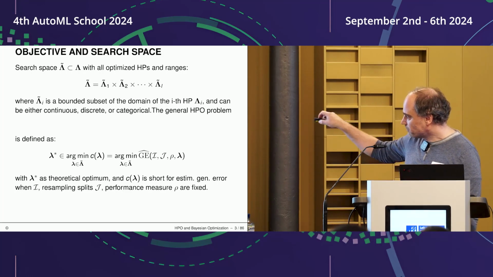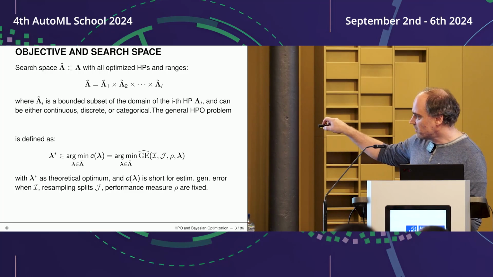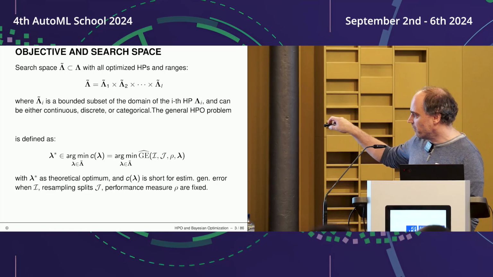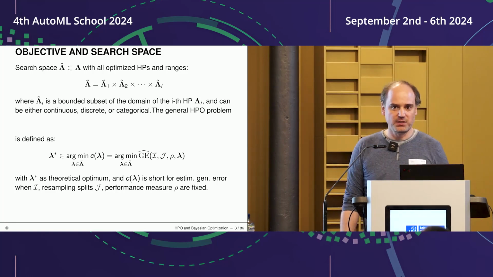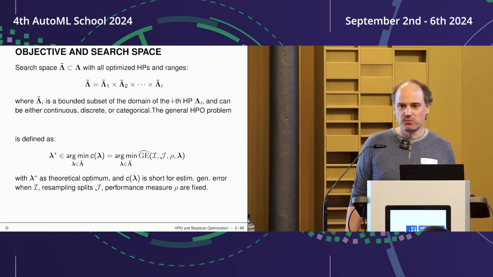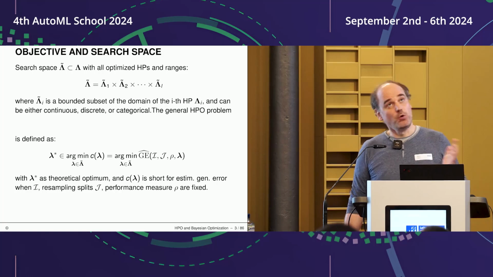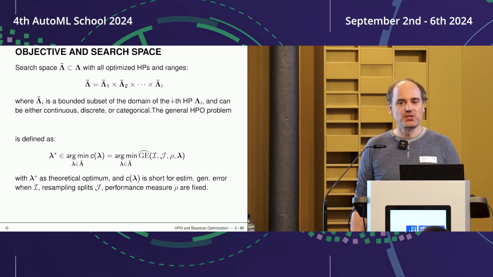Now the most important thing in order to optimize something is how we measure quality. Quality is usually the estimated generalization error, which is defined by which learning algorithm we run, which performance metric we take, over which search space we optimize, and which resampling procedure we take to evaluate that. Usually this is cross-validating your algorithm or doing a training-validation split: train your algorithm with the given hyperparameter configuration on the training set,